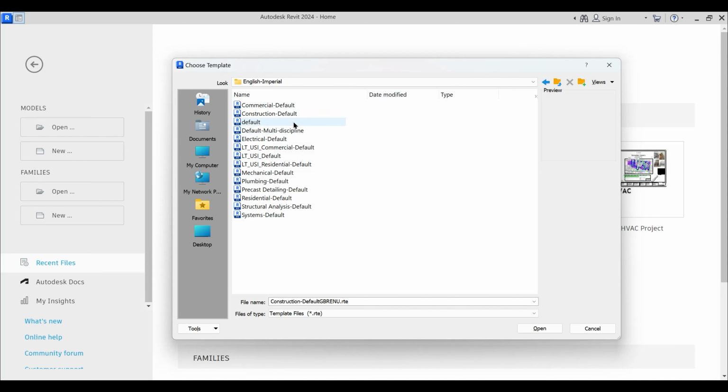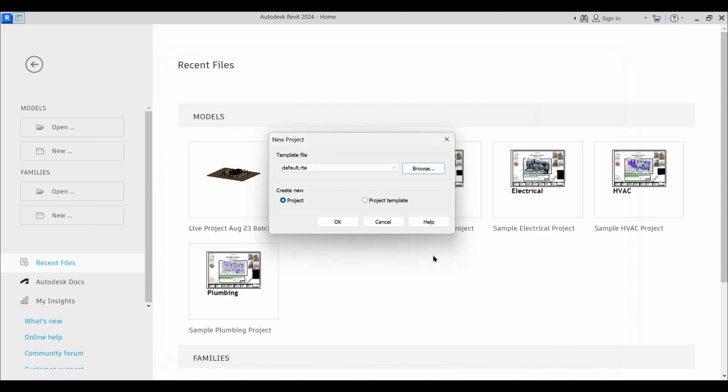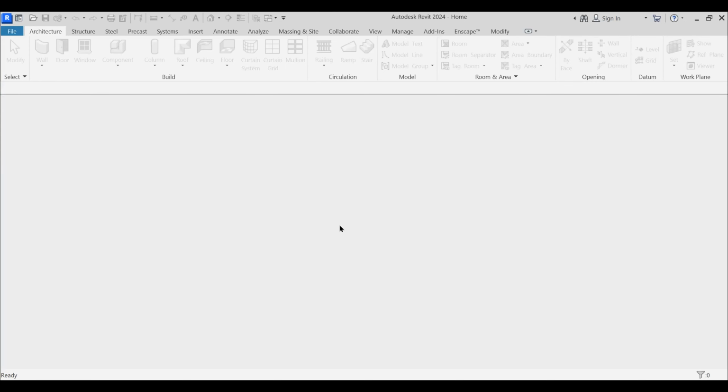So we are going to lead this particular course in the imperial system, that is feet and inches. Fine. Also, you have different template files, that is commercial, construction, electrical, plumbing, etc. So for this architectural segment, we are going to deal with the default template file. Fine. So as soon as I click Open and open it,